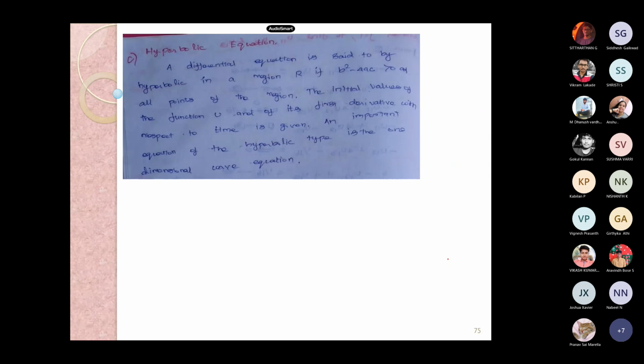And under elliptic, we have two different things. One is Laplace, the other one is Poisson. On the RHS, if we don't have any term then that is classified as Laplace. And if it is f of xy, then that is Poisson. And the third portion is hyperbolic. That is what we are going to deal.